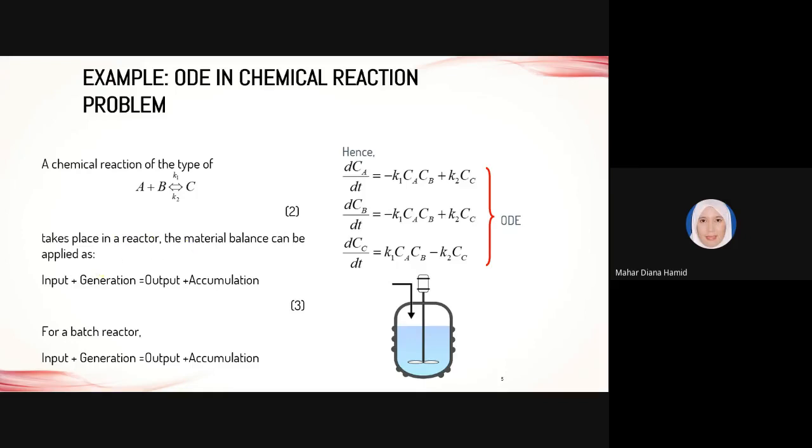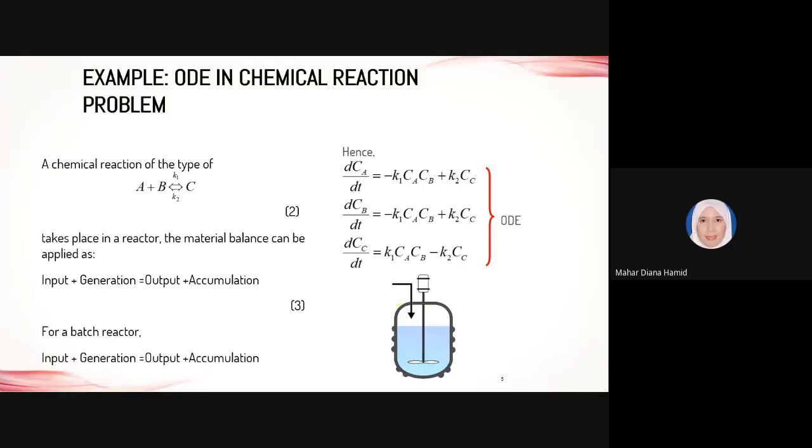We have input plus generation equals output plus accumulation. If you refer back to the reactor here, whatever is added to the reactor and generated inside the reactor equals the output